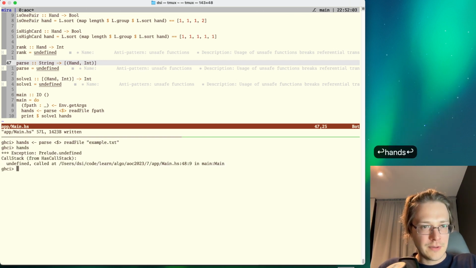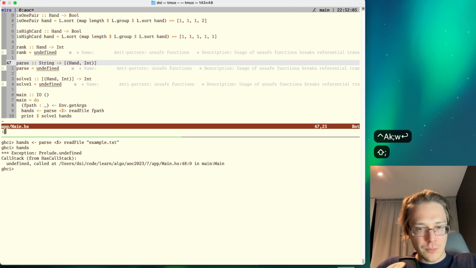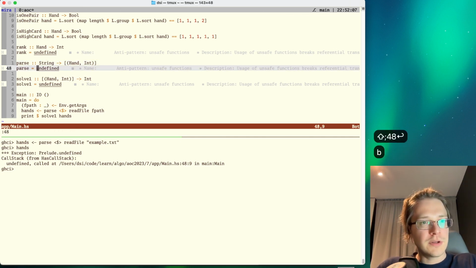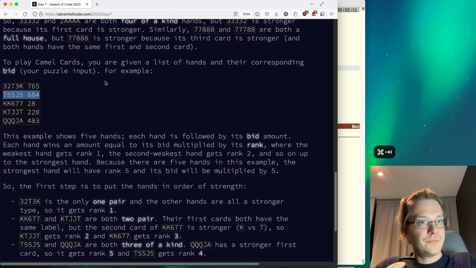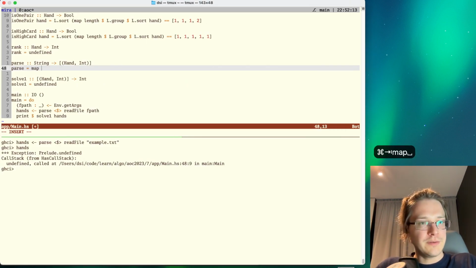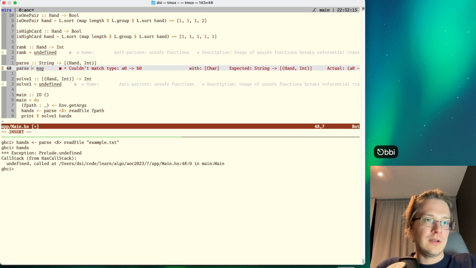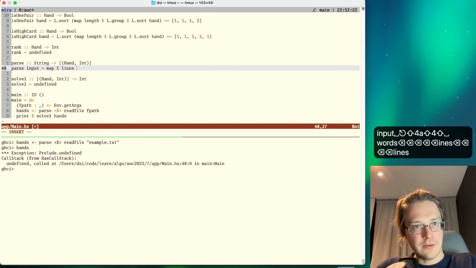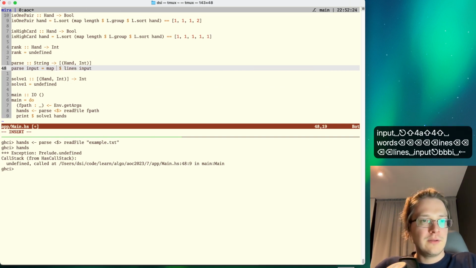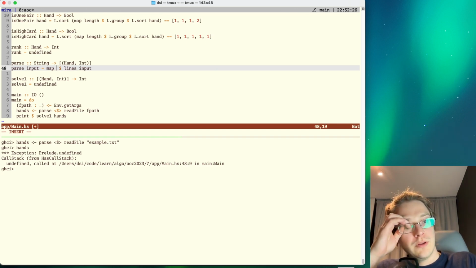Let's look at hands. And it blows up. Why? Because 48 is undefined. Yeah, that's true. So it takes an input, and I have to split it into lines, not words. Then I map each line with